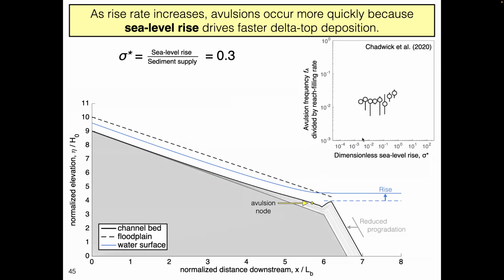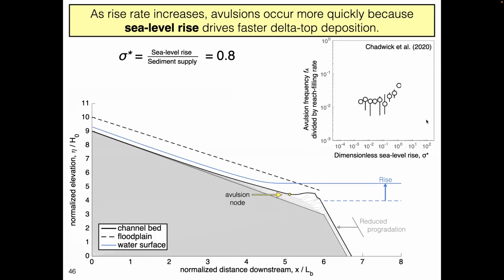And if we take this example on the bottom, this is a case where sea level rise was about 30% of the sediment supply, so it's significant. And you can see that this rise here has basically caused the delta to allocate some of its sediment resources to building up the delta rather than building out. So there's less progradation, and instead the channel's building up faster to keep up with sea level. And because it's building up faster, it's also avulsing more often. And this continues to occur as we increase rise rate further. So we increase the rise rate, delta fills up faster, less progradation, more aggradation, more avulsions. So we continue to increase the avulsion frequency,